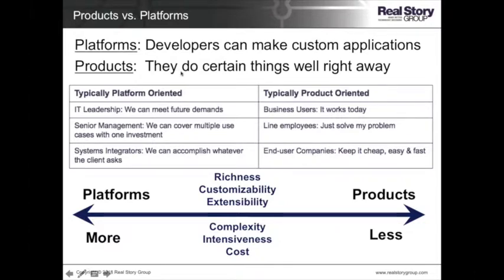So we're looking, okay, here's how you evaluate the vendors based on their sort of fit and some of the strategic considerations as you're narrowing down. But if you look at particularly what's happening in the WCM marketplace, many of the tools are becoming more platform-like. So there's this divide between platforms, which are richer and more customizable and certainly more extensible, but are going to be more complex, more developer-intensive, and they're going to cost more, as opposed to products, which tend to work very well out of the box, but may have limitations. There may be certain things that the product simply can't do.